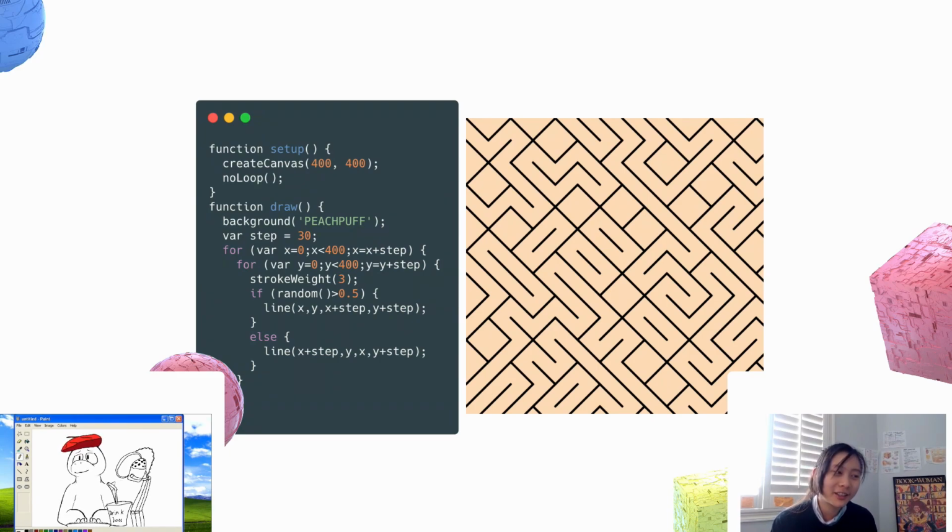All right, now let's actually go into some random stuff. So this maze was actually randomly generated. I did not draw this, nor did I know this would be drawn. Instead, we used the random function. So you remember how we were going to get the computer to draw a left or right line? We're making it do exactly the same thing, but in this case, it's not just one line, but